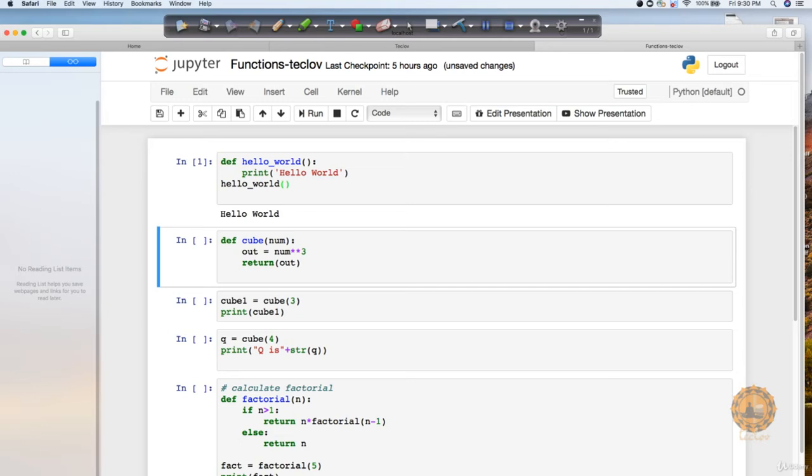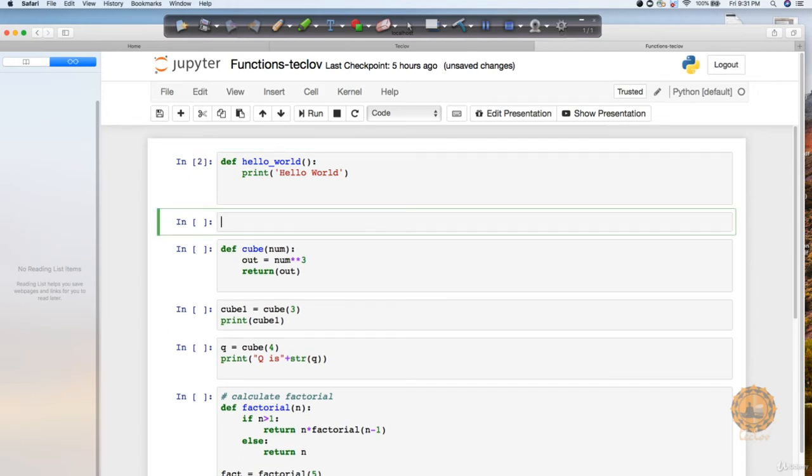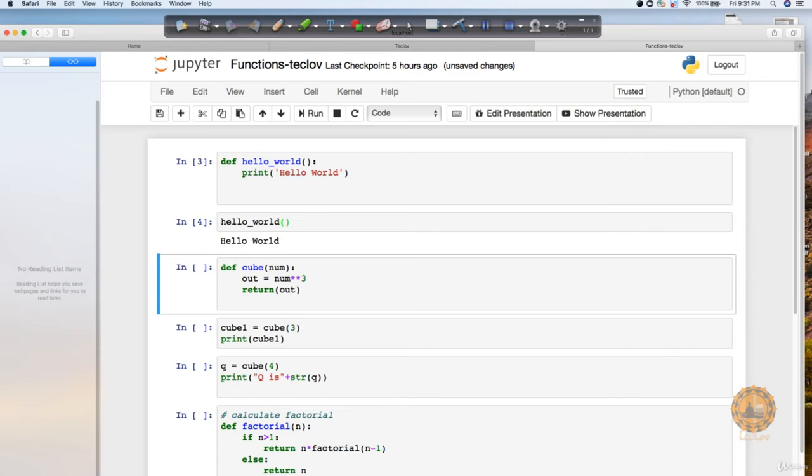This part of the code which you are noticing, if you want, I can also remove it from here. It's not mandatory that I need to add it here. Let's go to the second line here, and now I call it. If I re-execute this and call hello world, you can see that I got the print statement. What this is doing is calling the function above, and whatever is present inside that function, it is executing it. Since this function has a print statement, it is just printing out the value hello world.